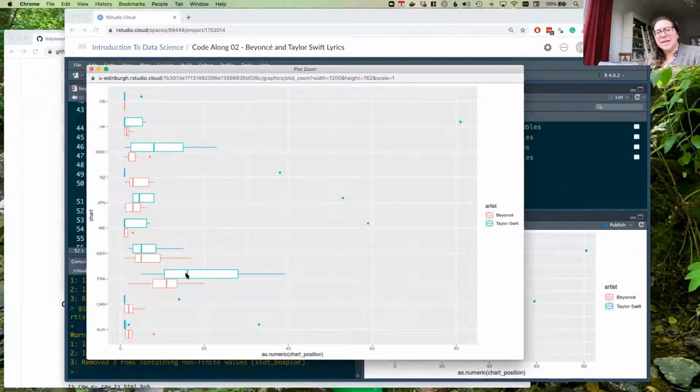Other insights, English-speaking nations love them the most. So Canada, Australia, US, that kind of makes sense since they sing in English. So I like that insight that the English-speaking nations like them, which is correct.